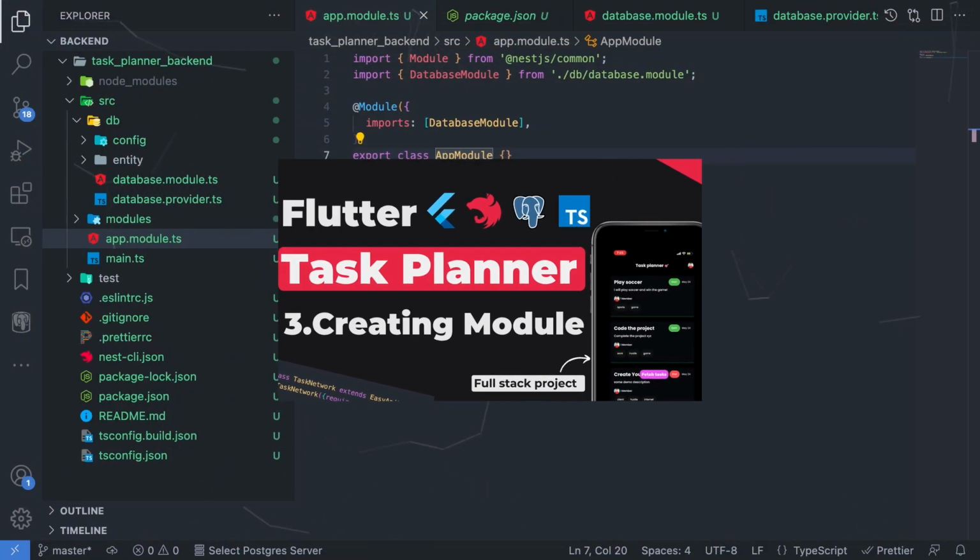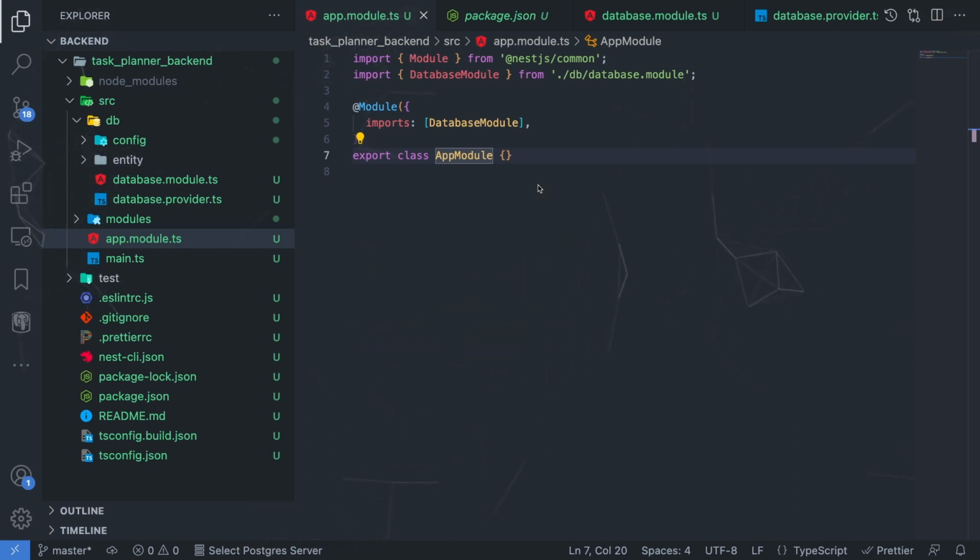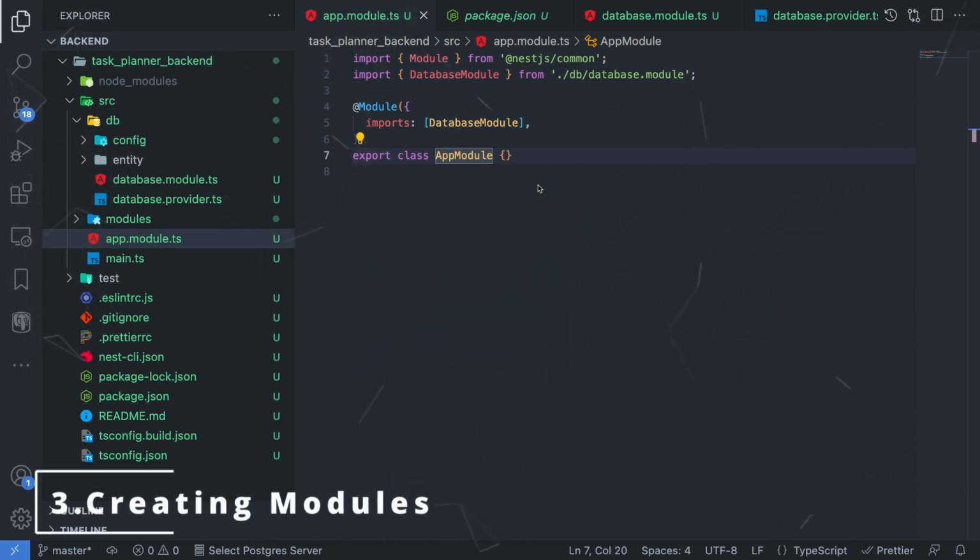In the previous video, we set up our database connection with our Nest.js project. In this video, we'll be creating certain modules and certain services which will be storing all of our data under our database. If you haven't seen the previous videos, kindly watch them because those will be the basis